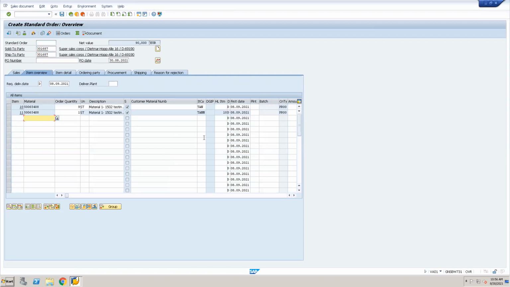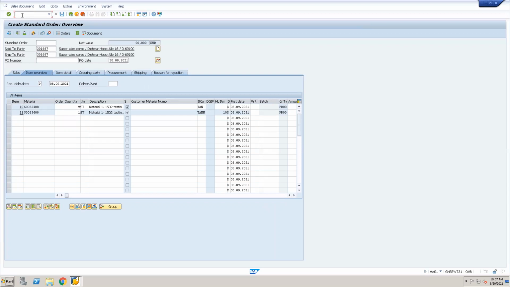So you know what happened? Because it was inclusive, we have placed 10 now. How has the system acted? 9-1. Because it is inclusive and this one is costing. And here what is the item category? 10, which is relevant for pricing. But a free item should not be relevant for pricing, no? So the item category is PANN. This item category will not be relevant for pricing. Yes, I will show you.